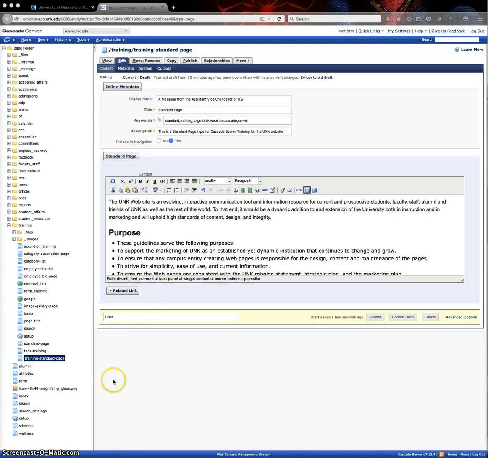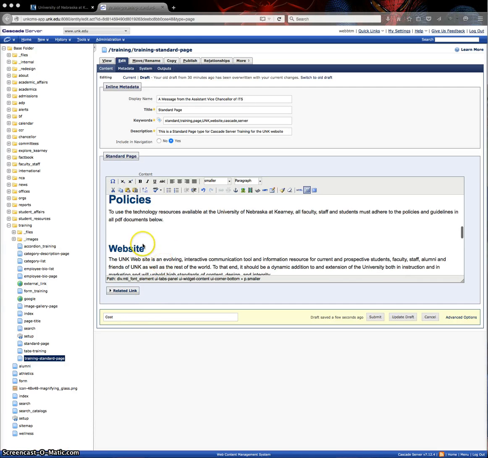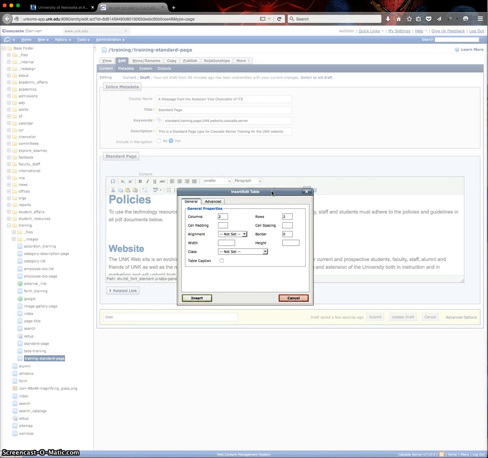This training is going to cover inserting tables into the Wysiwyg editor. To insert a table, simply select where you'd like to put the table. In this case, I'm going to put it below the policies paragraph, and then go select the Insert Edit Table icon from the toolbar. When you do that, it's going to give you options for how many columns, how many